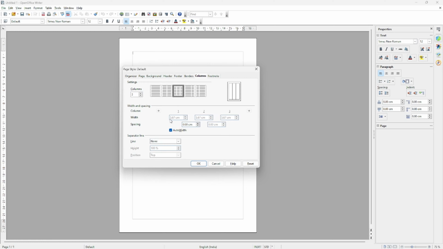Now if I select C, 5.63, 5.63 like that. Now the fourth one is two columns with different sizes, meaning the left one is greater and the right one is smaller. Here you can change that if you want. For example, instead of 11 I want 10. I don't want 11, I want 10. See, it got shrunken, correct? 10. Like this you can change.